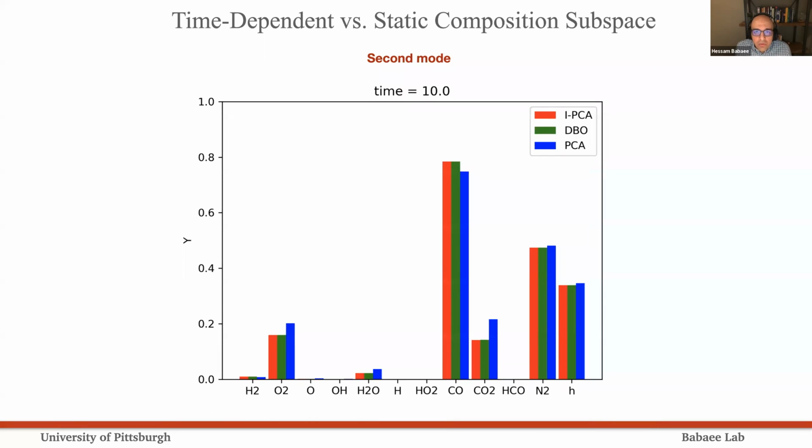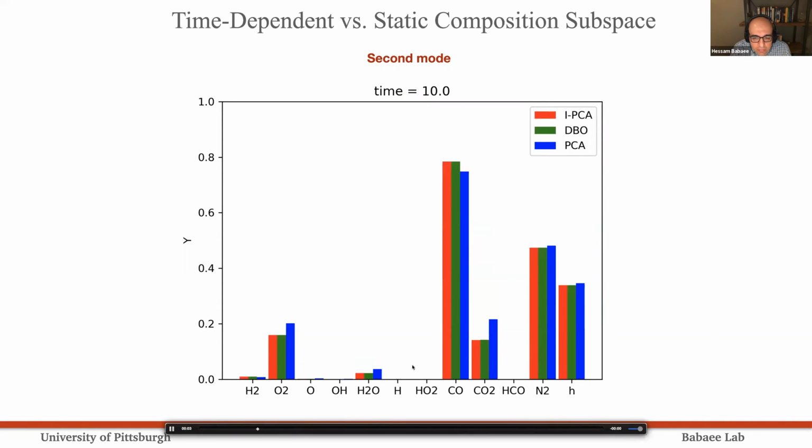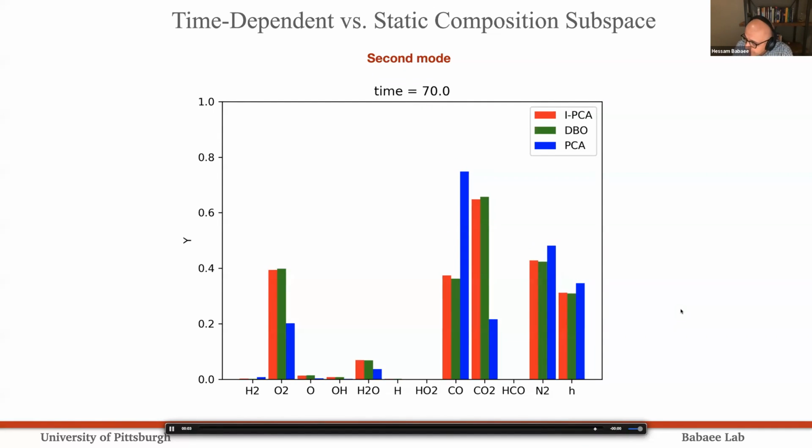And so if you go to Y2, this is the second mode, then you can see actually there is more time variation in the second mode compared to PCA. And again, IPCA and DBO approximate each other very closely. And if there is a species that doesn't have any footprint in these Ys, perhaps you can eliminate that. But there is really no need to eliminate any species up front, because you don't pay as much cost by just adding a new species here. So you're always solving this reduced form.